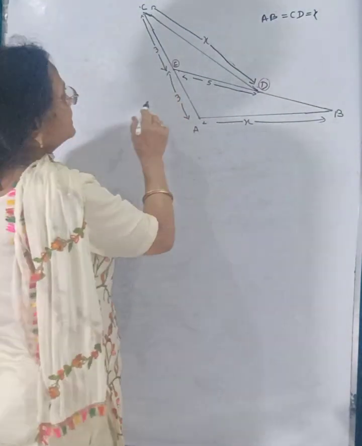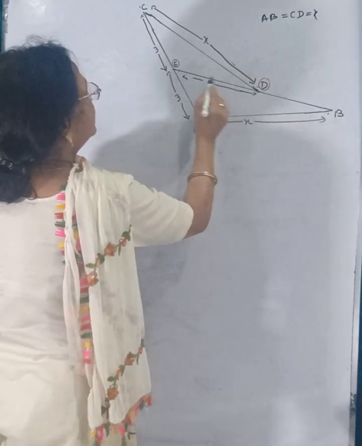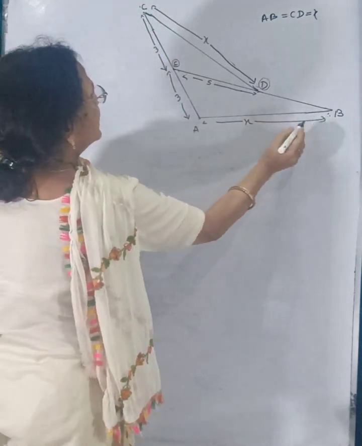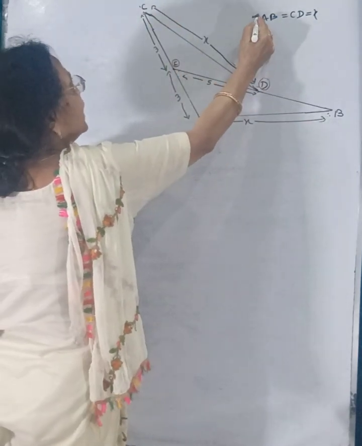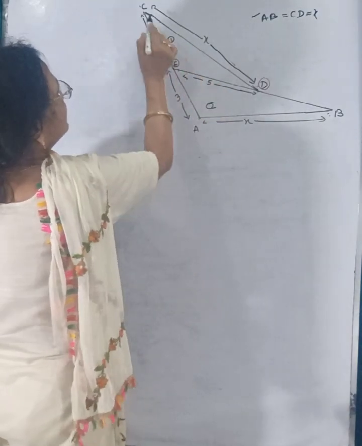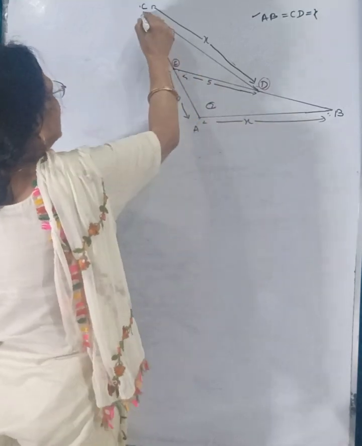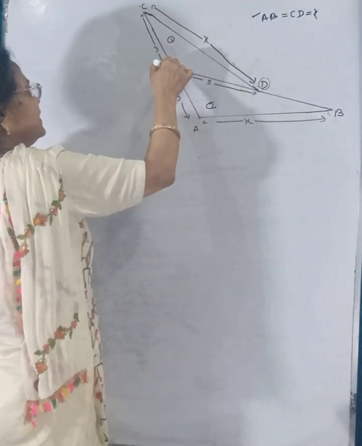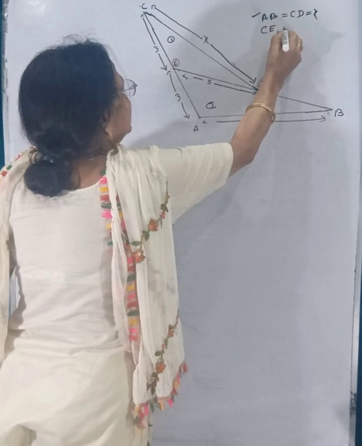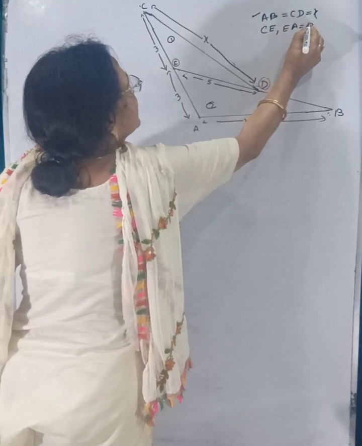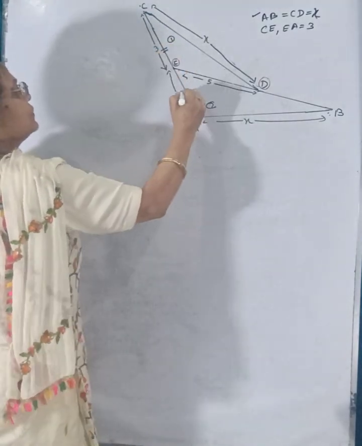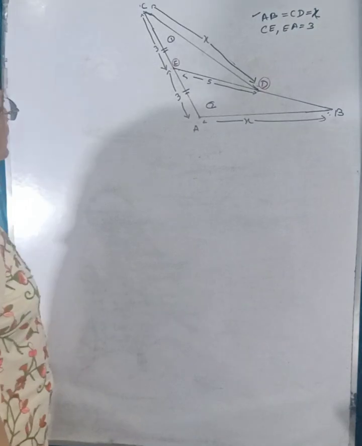This is a problem in which we have two triangles, ABE and EDC, in which AB and CD are equal, both are equal. There are two triangles, one is this and the other is this, in which one arm CD is equal to this. And this CE is equal to CE. This is also 3 and EA is equal to 3. These two are x and those two are 3. This arm is equal to this arm of the other triangle.